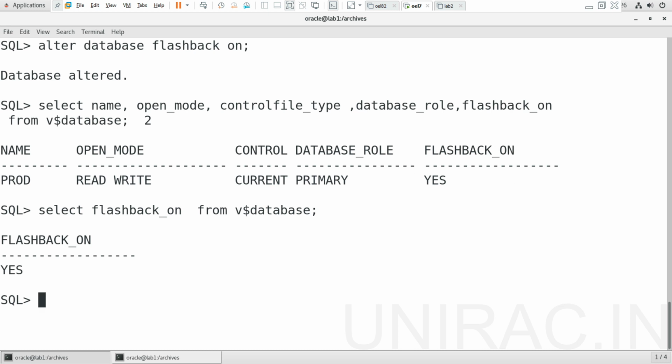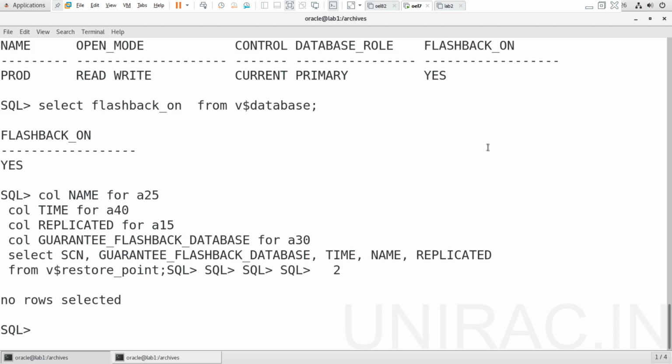Let's go for creating a restore point. Before that, from v$restore_point, verify whether any restore points have been created. There are no restore points in your database. So let's create a restore point, for example RP with today's date, 0406.